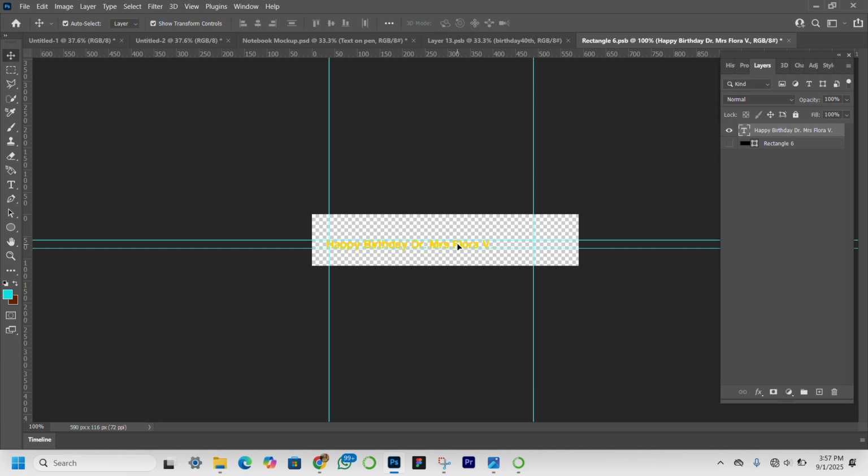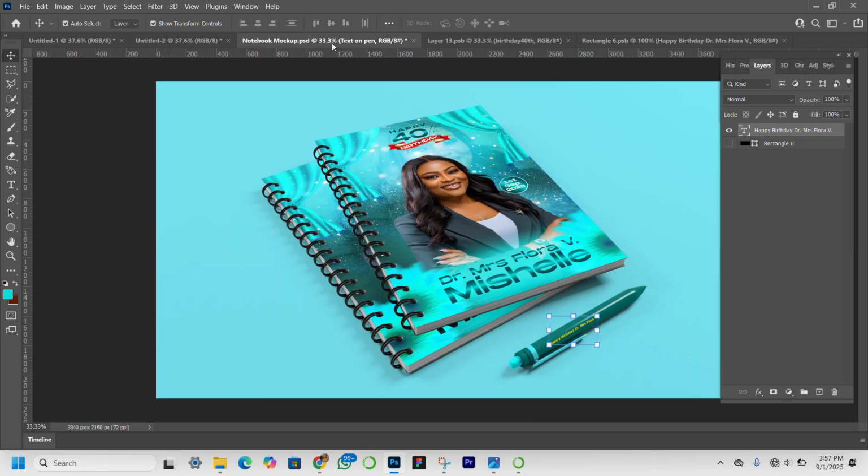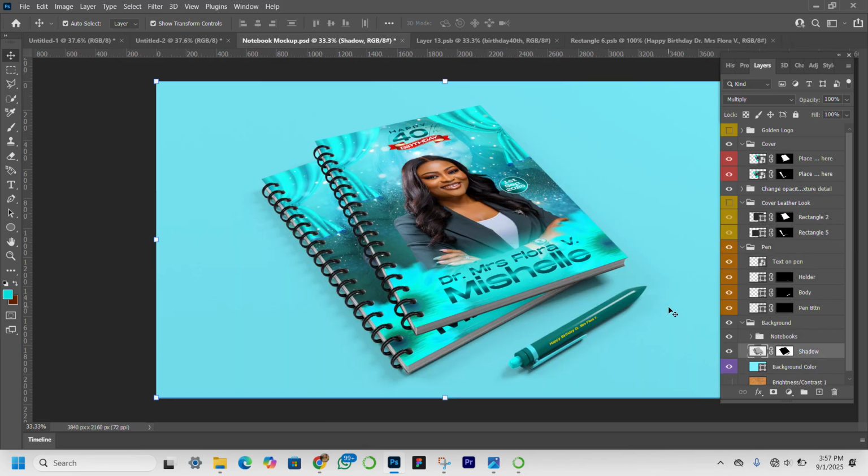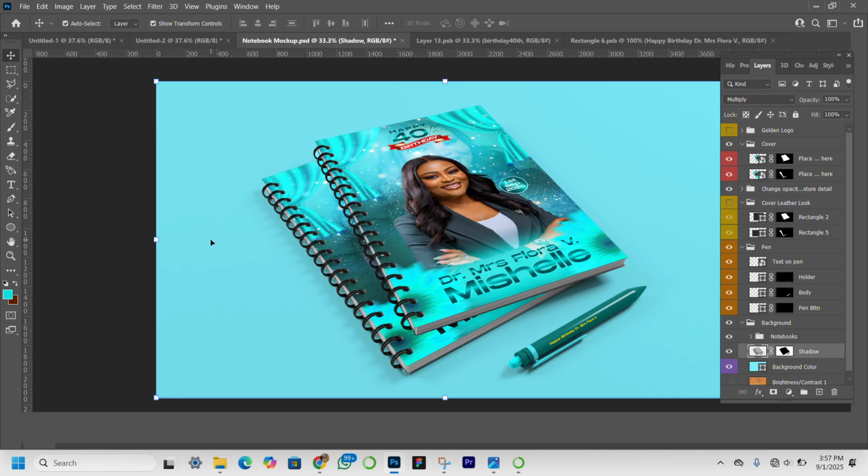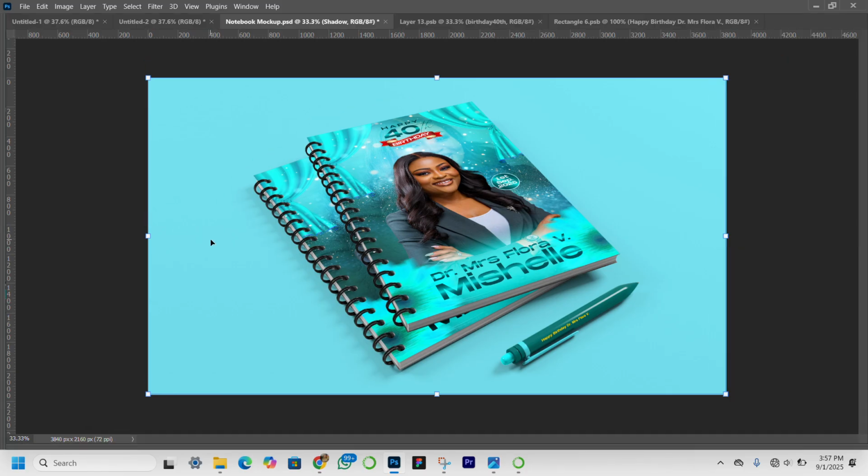I'll just align it so that it will be in the middle of these guidelines. Then Ctrl S. I head over to my, you can see it has applied here. Okay, so with that we have come to the end of this design, and I will see